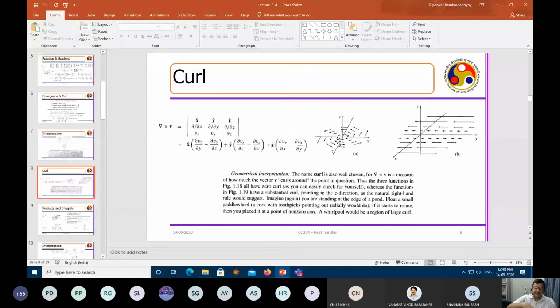Suppose you take a spoon and you start rotating water in a glass. Okay, so what will happen? You may see that this glass will have a swirl. That type of flow pattern is a situation where this del cross V is finite. Whereas in this sort of situation there is no rotation. In this sort of situation there is no rotation. So in those cases del cross V will be equal to 0. So curl 0 means it is an irrotational flow. It's a physical interpretation.